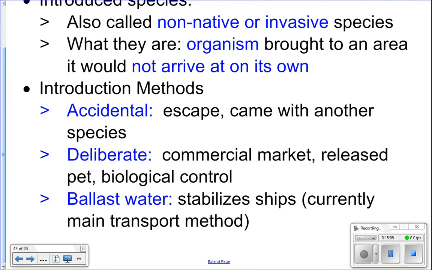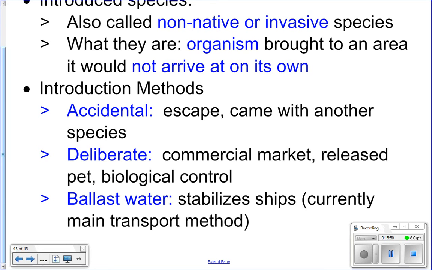You can also have deliberate introduction. So, for example, let's say that boa that you ordered from Africa, you didn't realize how much work it was going to be to take care of. And so you're like, oh, rather than kill it or give it to somebody else, I will just release it into the wild. It'll be fine. Okay? And so people release these pets in order to let them live, because they can't take care of it. And so now you get an invasive species that can actually wreak havoc on an ecosystem because you released a pet.